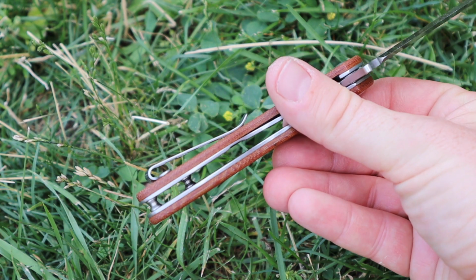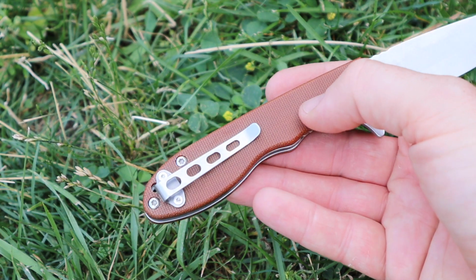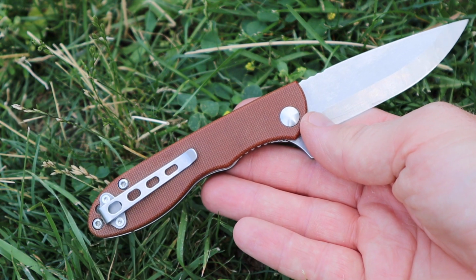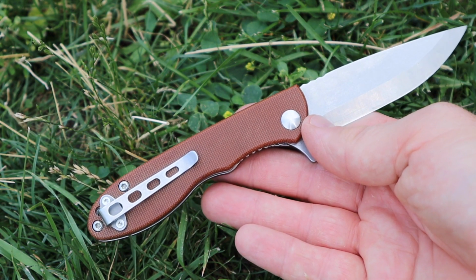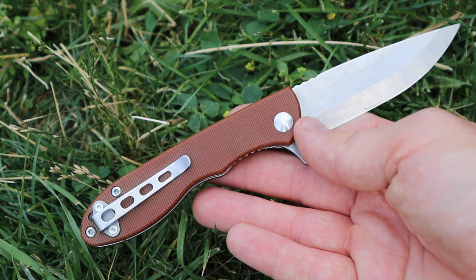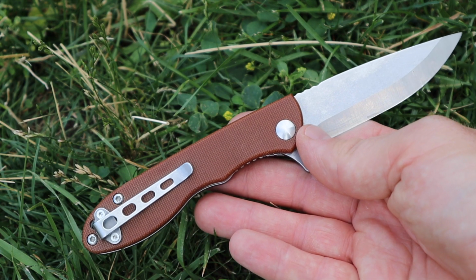Even the pocket clip has a nice loop over and just a slight flare there, so it's not going to bite in your hand. So you can cut for quite a period of time, doing more bushcraft style tasks out in the woods, and it's not going to create a lot of hot spots. Not as ergonomic as, say, a bushcraft style knife, but for a pocket knife, it's going to